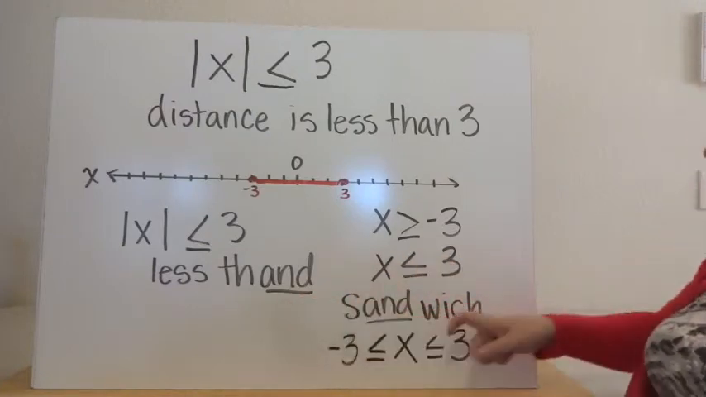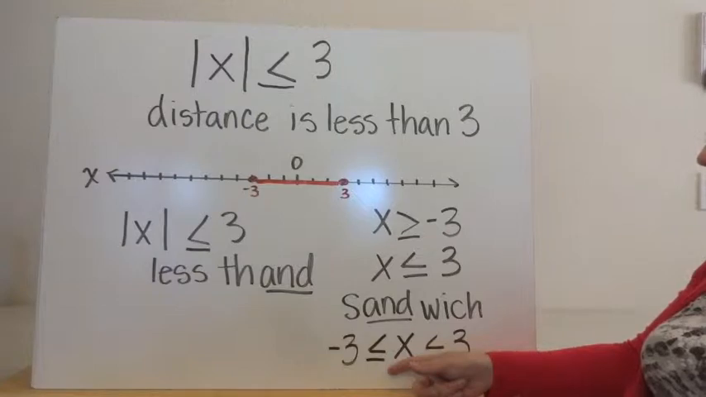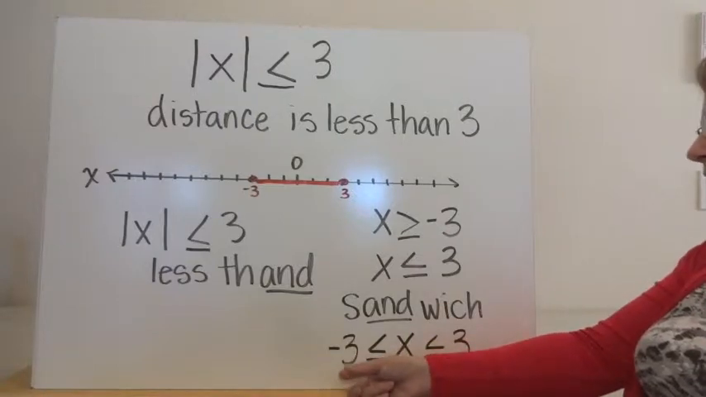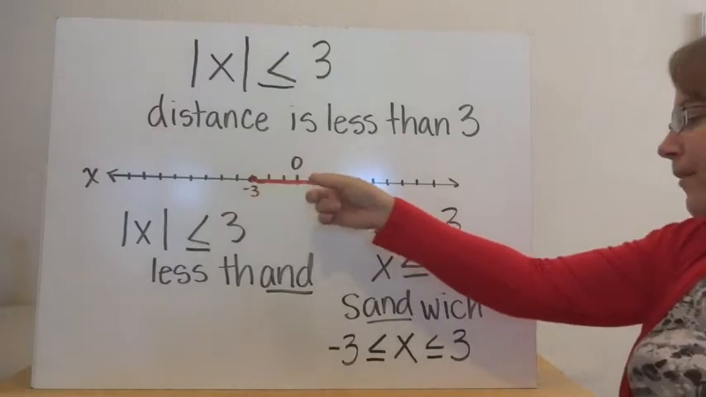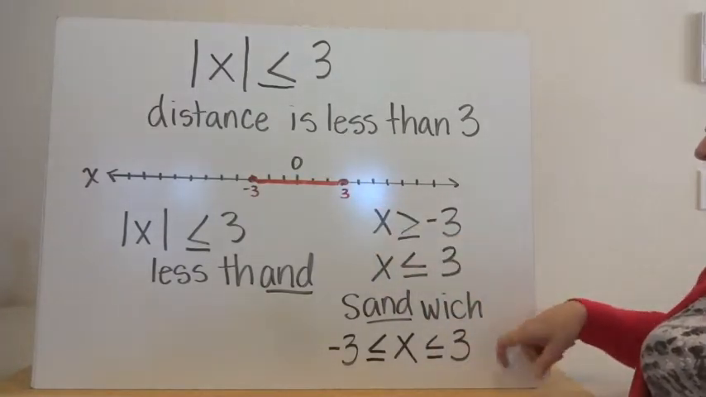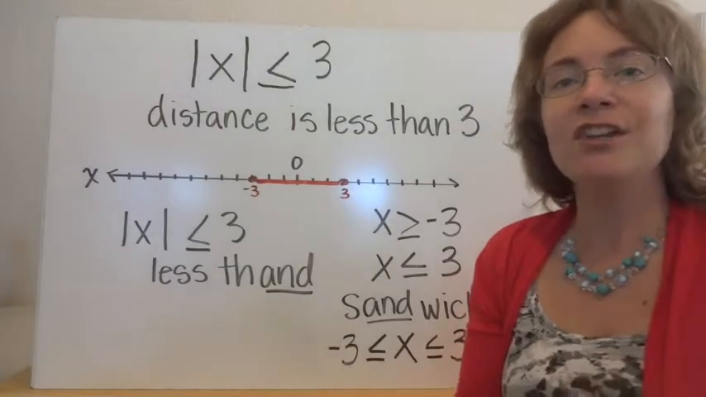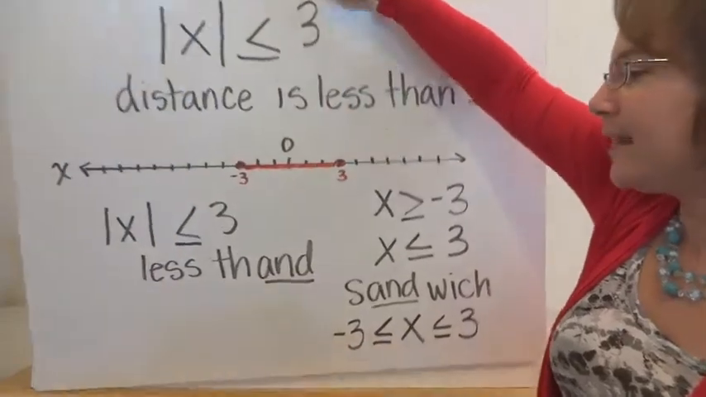When we have an "and" equation, we can write it with just one x sandwiched between my two values. So I have -3 is less than or equal to x, because x is over here, which is less than or equal to 3, and now I have my x sandwich. Not very tasty, but very handy in algebra. Now let's look at